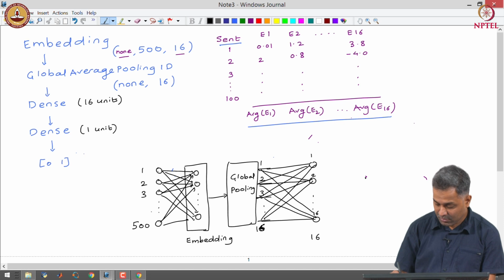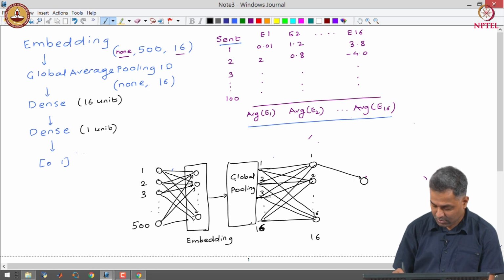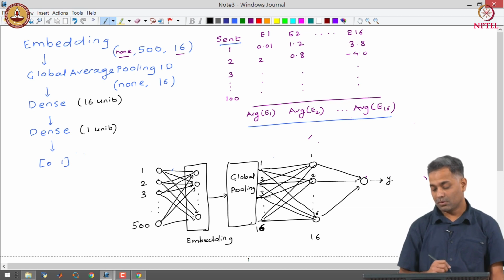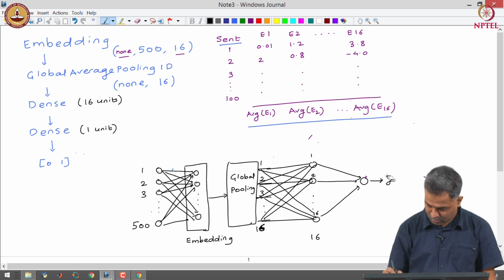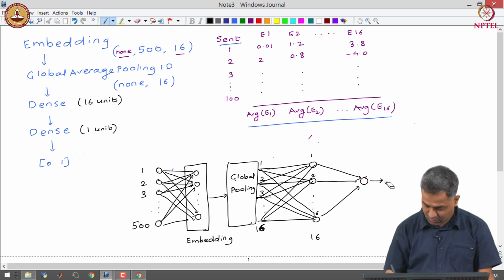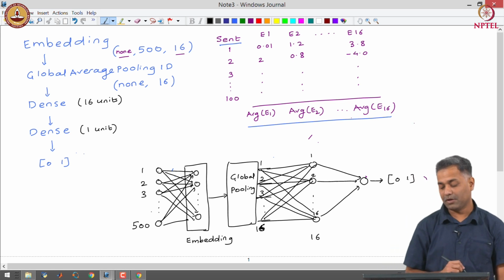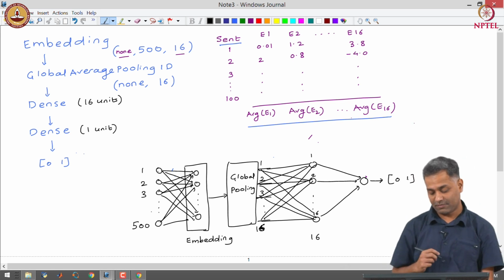Then we have an output layer with a single unit which gives us the probability of the review being positive.